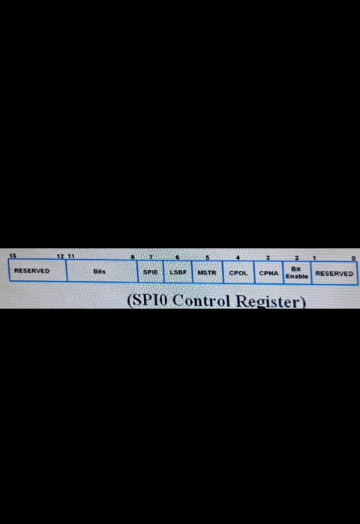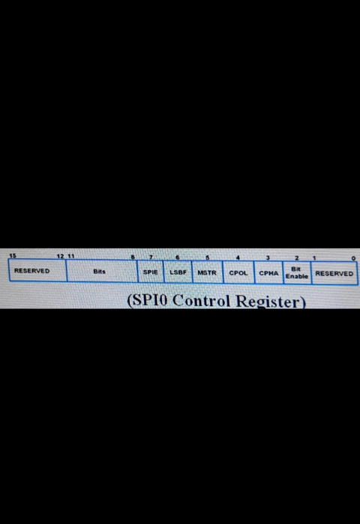The figure shows the SPI 0 control register, that means the S0SPCR. This is a 16-bit register. Bit number 2 is the enable bit.